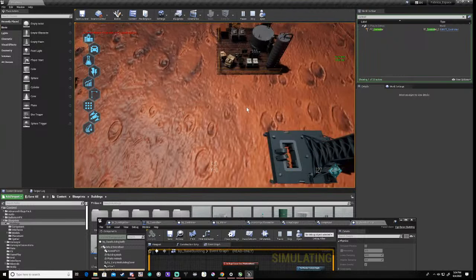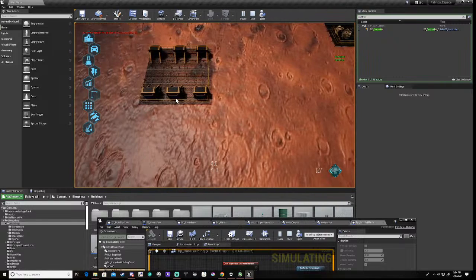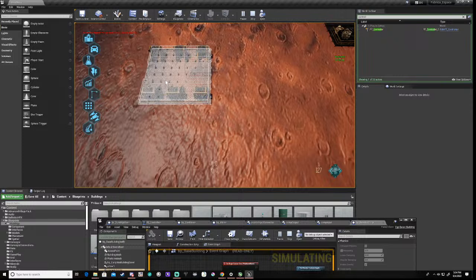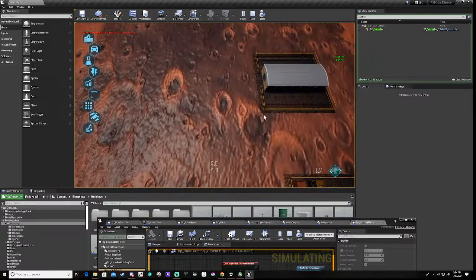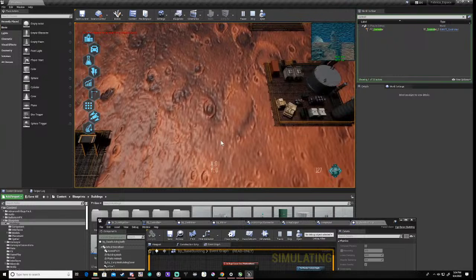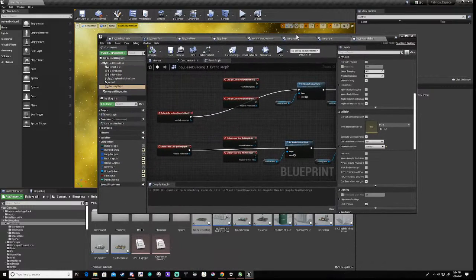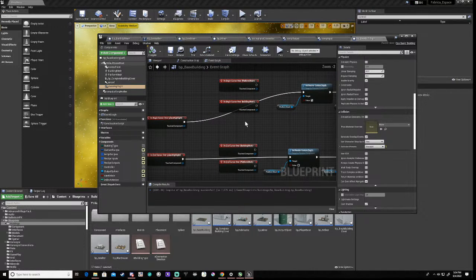Okay. Well, it certainly does work better. I'll give it that. What I would say is the best way to do this might be to do these two, the building mesh and